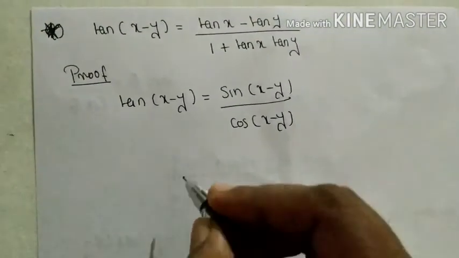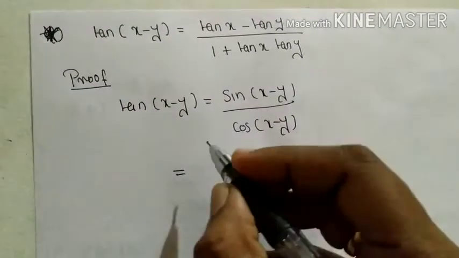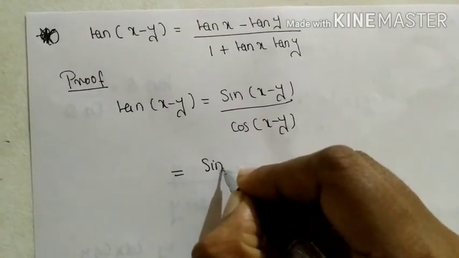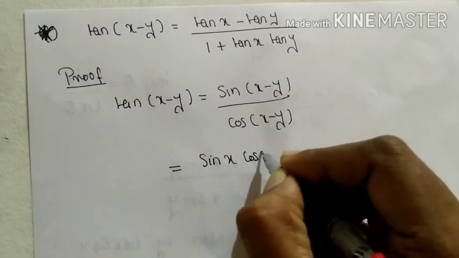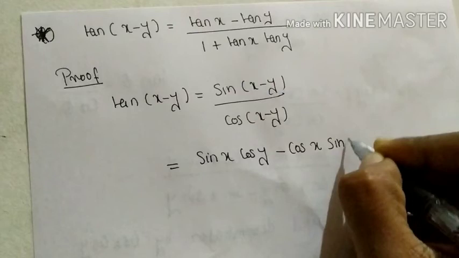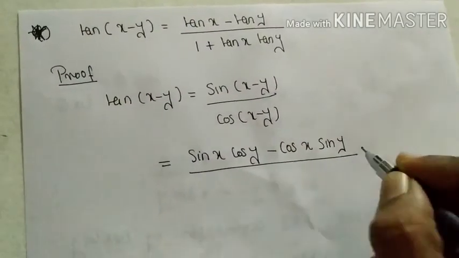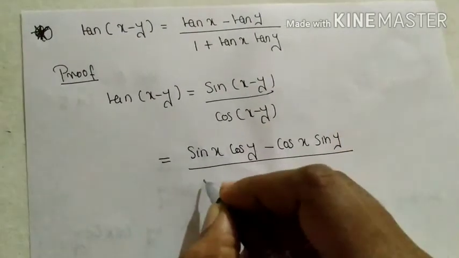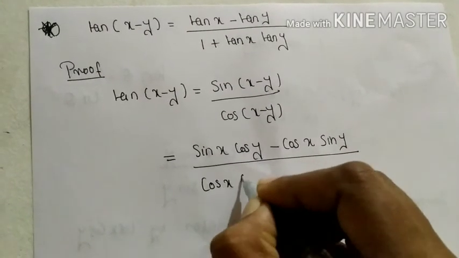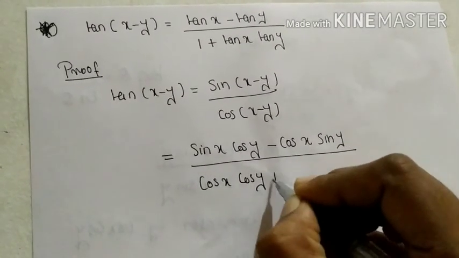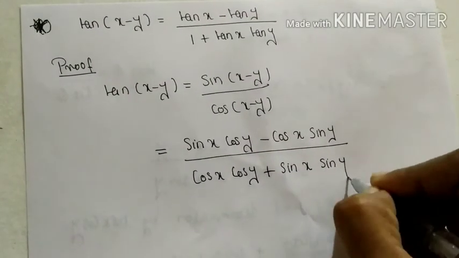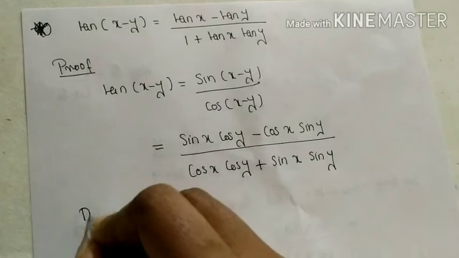Okay, here expanding using identity, sin of x minus y is equal to sin x cos y minus cos x sin y, whole divided by cos of x minus y, which is equal to cos x cos y plus sin x sin y, and dividing